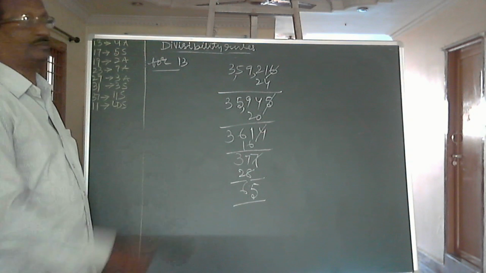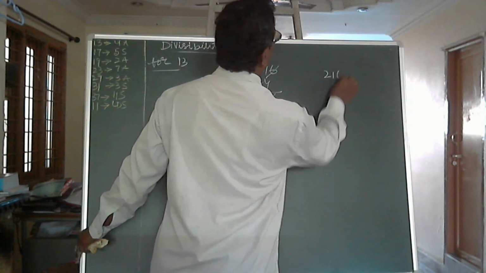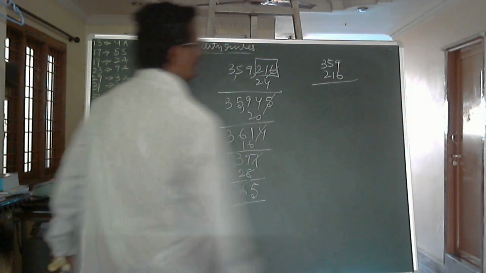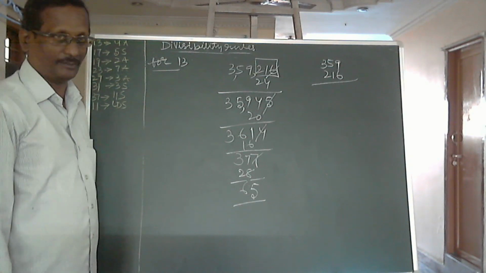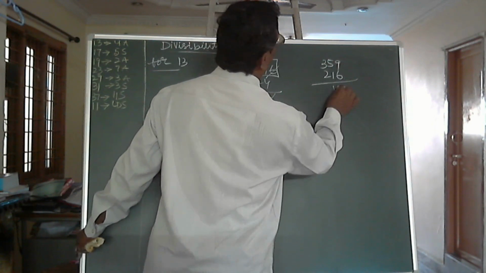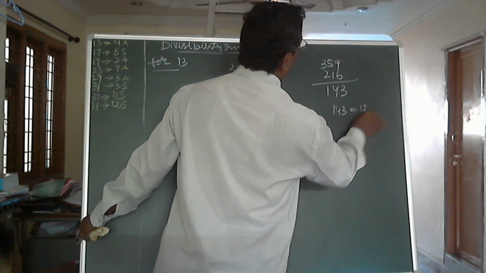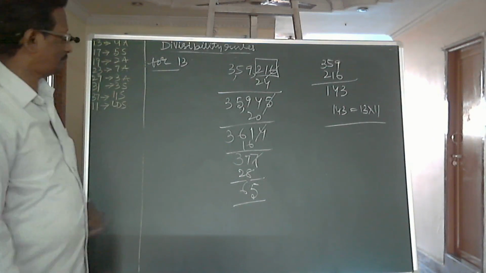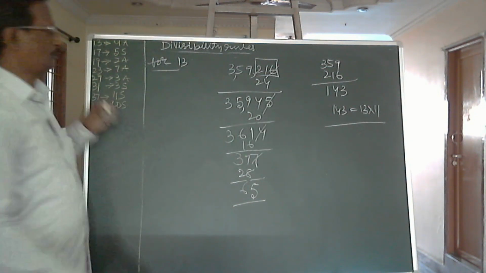We have another method to check whether this number is divisible by 13 or not. Here, 216 is the first block and 359 is the second block. Let us find the difference. Suppose if this difference is divisible by 13, then also we can say that the number is divisible by 13. 9 minus 6, 3. 5 minus 1, 4. This is 143. 143, it is 13 elevens are 143. Therefore, the number is divisible by 13. Both of these we can call the latest or the new rules.